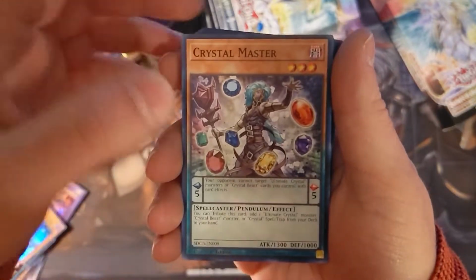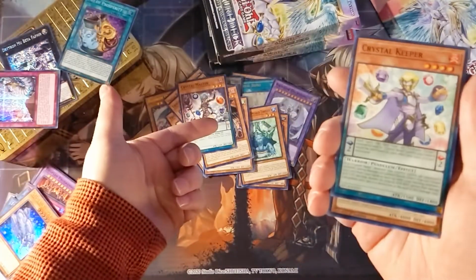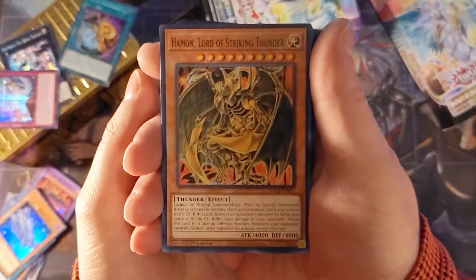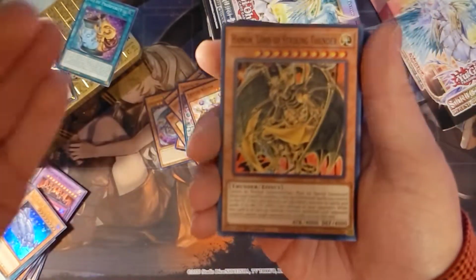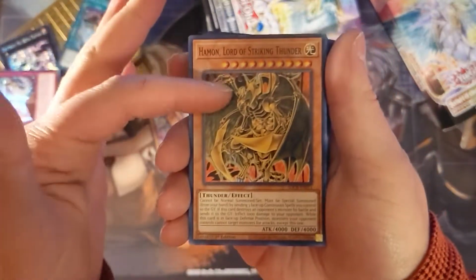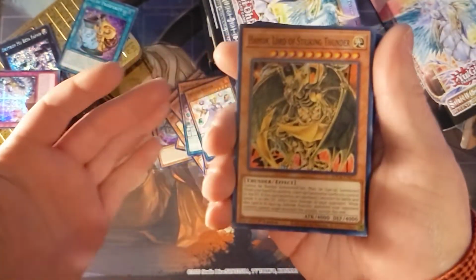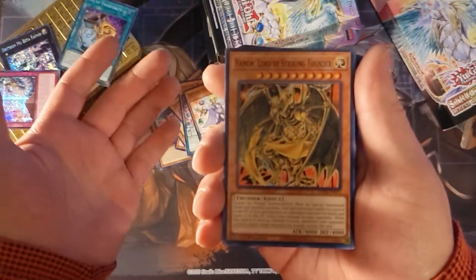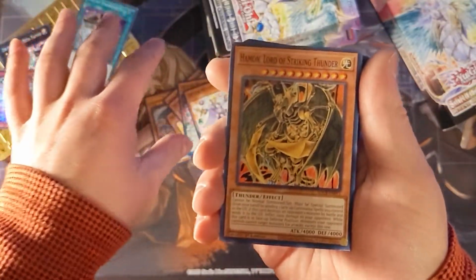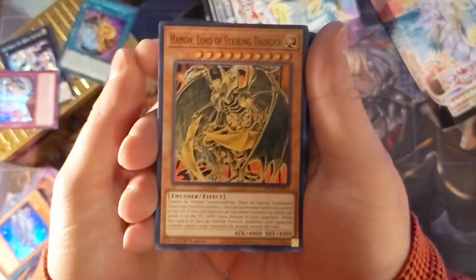Crystal Master, it's a really good pendulum for the deck. Crystal Keeper is good, but not as good as Crystal Master. Right there, Haman, Lord of Striking Thunder. So as a kid, I talked about this a little bit in my Yu-Gi-Oh video, but I got two of these cards from tins. And so my basic strategy of the deck was to get as many Crystal Beasts into my spell zone as continuous spells. Then you contribute those continuous spells for Haman, Lord of Striking Thunder. He takes three of them, so...